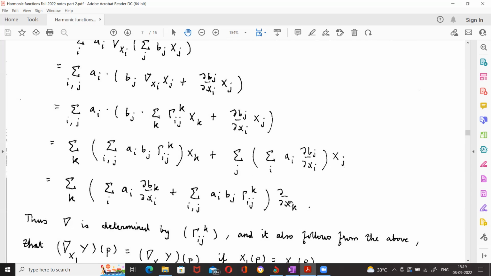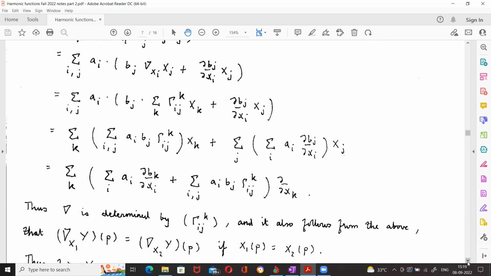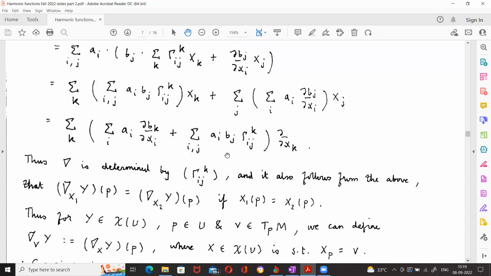Yes, sir. So what does this tell me? This tells me that my connection nabla is determined by the gamma ijk's, right? If I know the gamma ijk's, then I can compute nabla_X Y for any vector fields X, Y. Yes? Is that clear? And it also follows from this formula that if I look at the dependence on X,